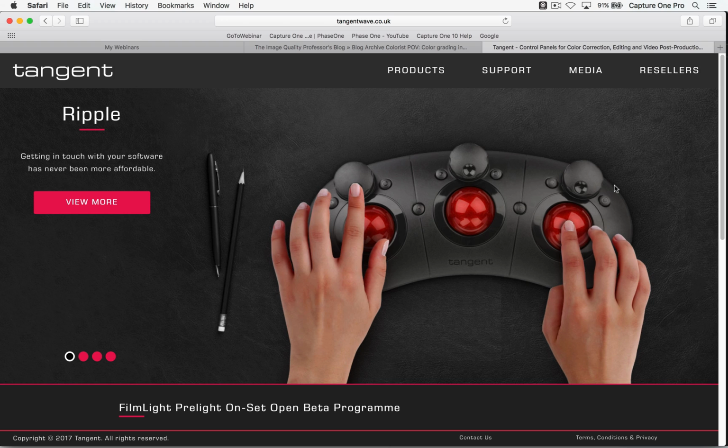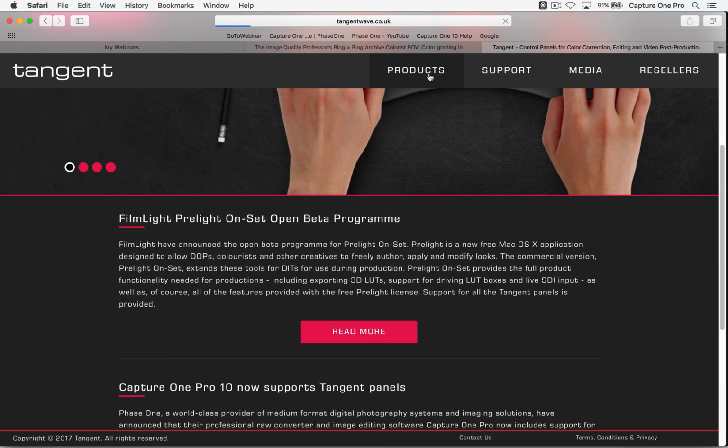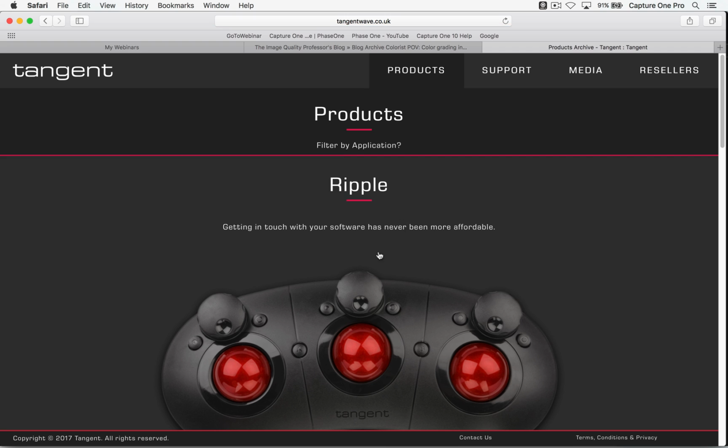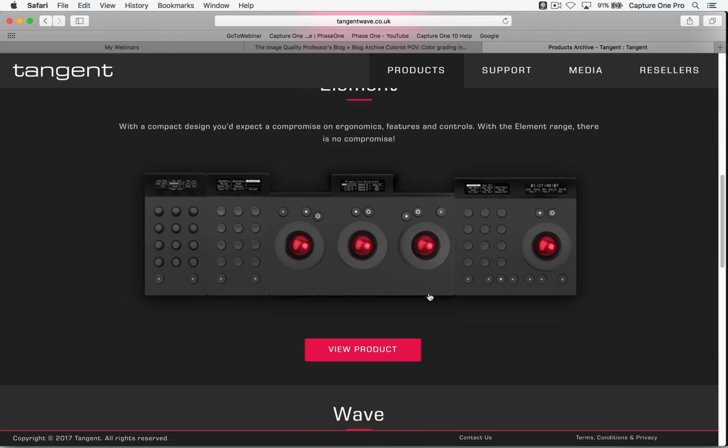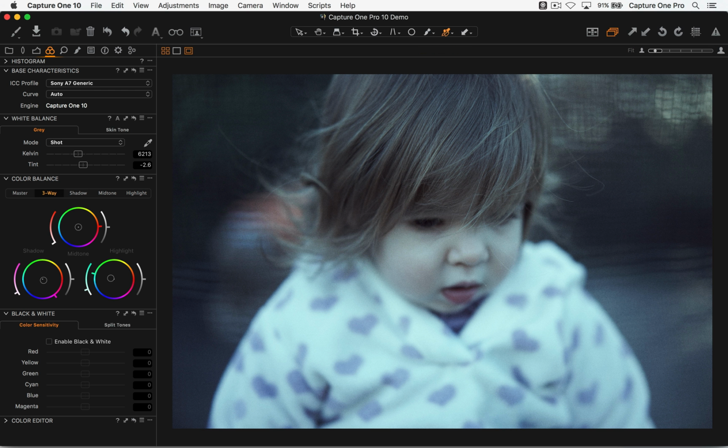This is a very affordable option. It's plastic materials, but the trackballs feel great. The rotational button here feels very nice, high quality as well. And they also have the Element range, which achieves exactly the same thing. This is 4 different panels, also all compatible with Capture One, but higher quality materials, but of course at a higher price point. You can probably guess how they work, but in case you can't, I'm just going to turn on my webcam for a second.